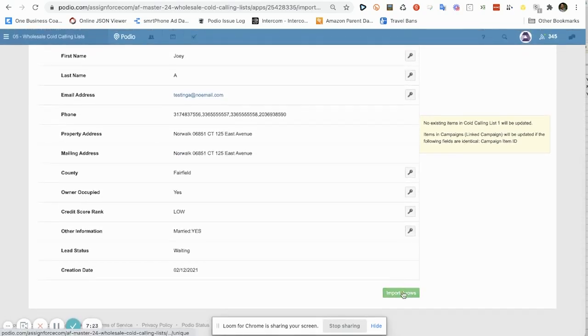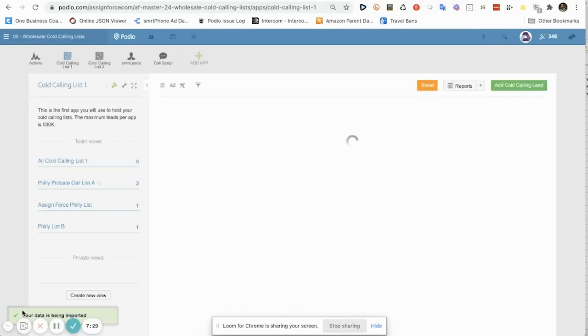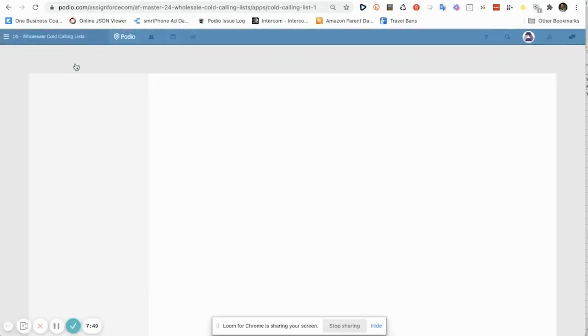And finally, we click import. And the system's going to go ahead and give us a note that your data is being imported. Now, because there are only 4, I would suggest it's going to finish very quickly, which it will. If you're doing 20,000, you've got an upload limit of 20,000 at a time. It can take half an hour to do 20,000. It's a slow process sometimes. Let's just refresh this app,